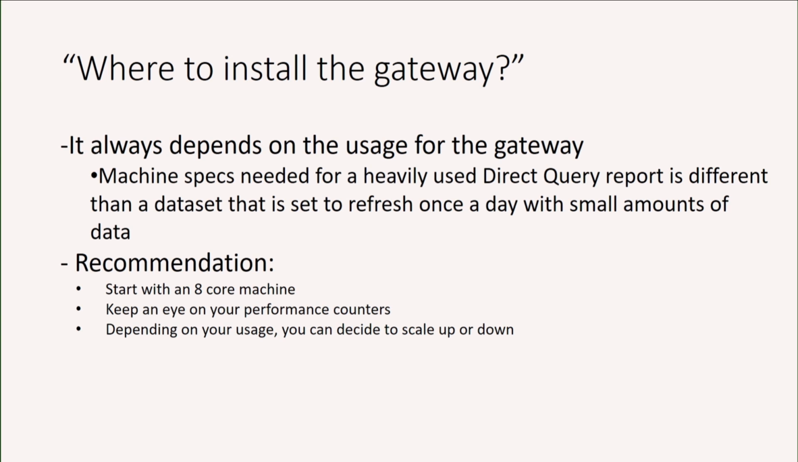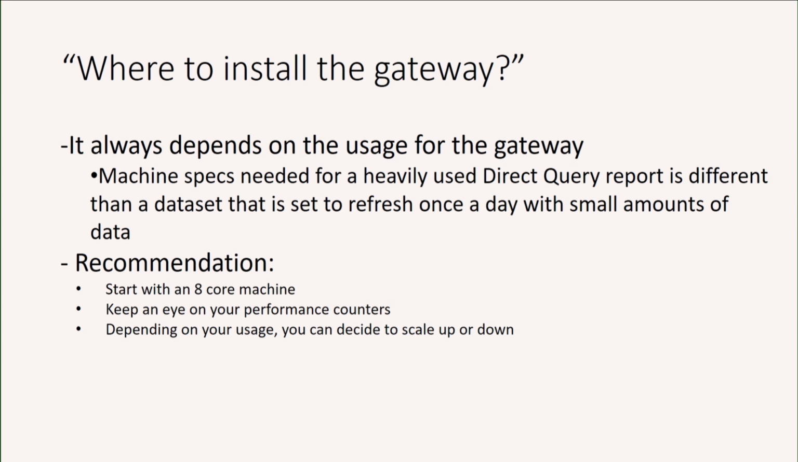So if you want to ensure your direct query is running quickly and smoothly, make sure to isolate it. If you have a really light load on your gateway, you can have as many data sources on one gateway on one machine, and we can ensure that it will run smoothly. Our recommendation has always been to start with an 8-core machine if it's available,